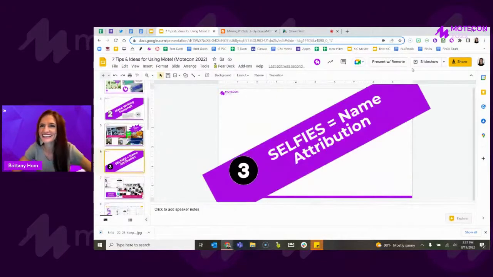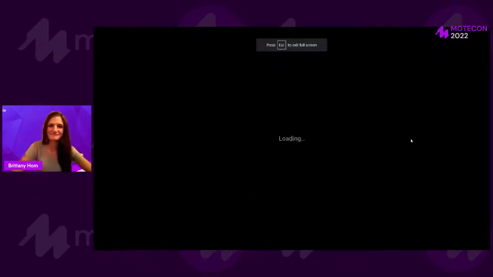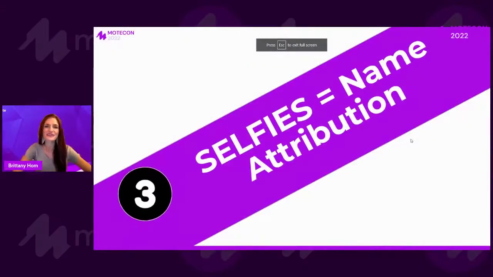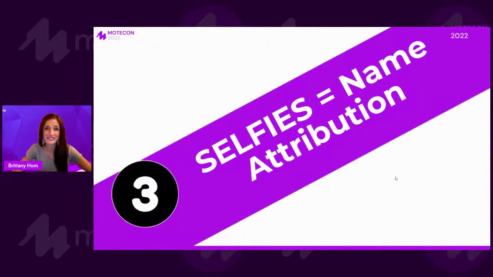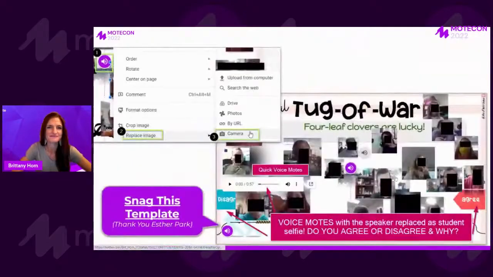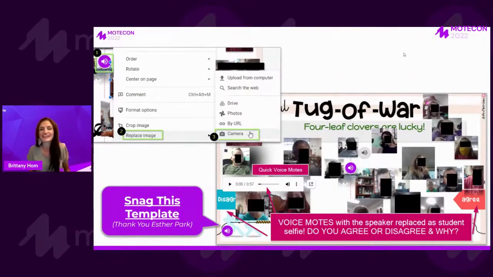All right, we're hanging in there and moving on to number 3. Selfies for name attribution and also just for student ownership of their Moat. So shout out to Esther Park. I loved following her on Twitter during COVID, but she actually came up with this tug of war template, so I cannot take credit. However, I shared this template in a PLC, and Miss Sweezy, a 4th grade teacher, decided